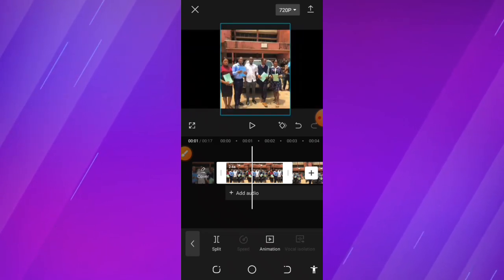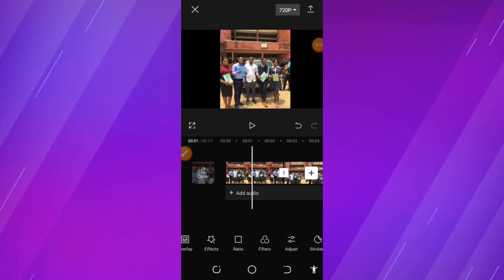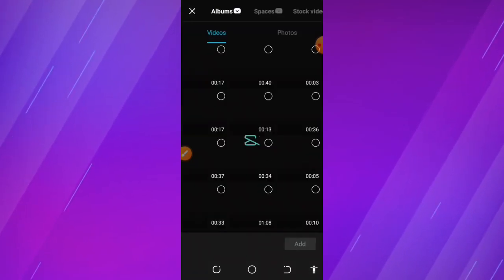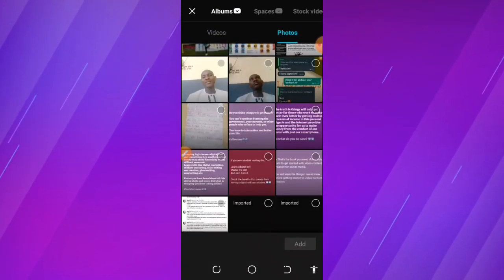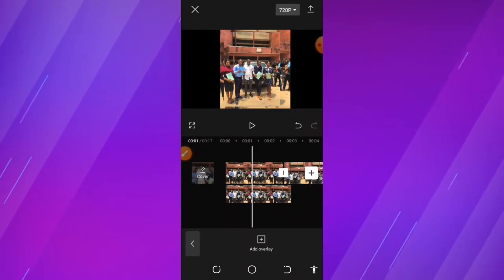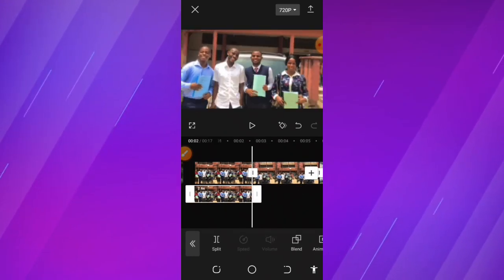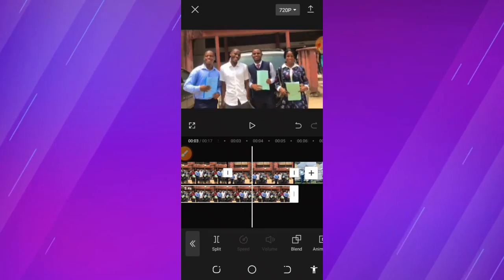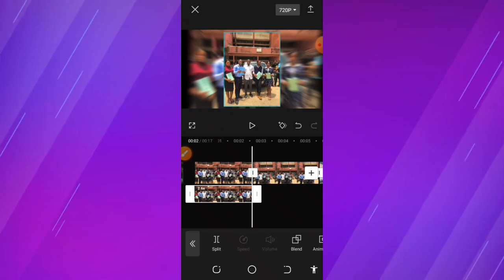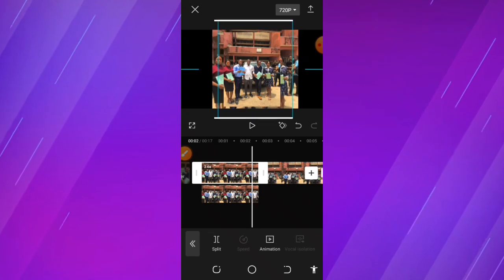However, if this image cannot fit into this space, this is what you should do. You go to overlay and add this particular image. Add, ensure you drag to fit in. This is also to let you understand that every image you import comes in 3 seconds, so you can either extend it or limit it to your desire. So after doing this, you will now click on the first image to enlarge it to